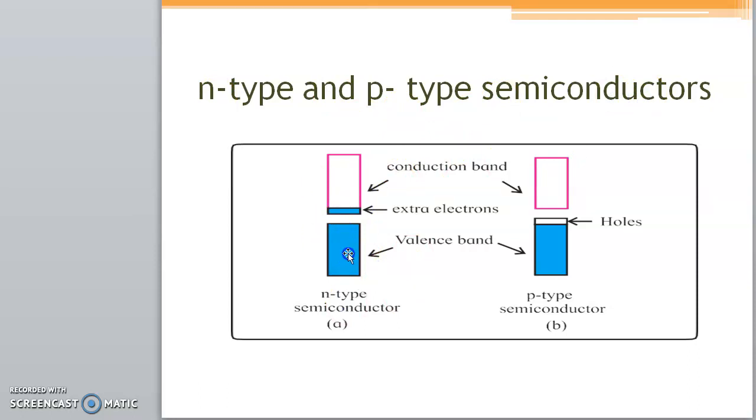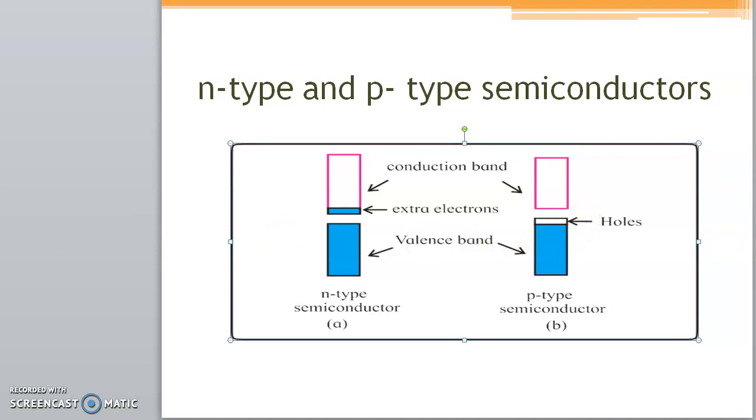Now this is your valence band and this is the conduction band for n-type. Since it's n-type, there's one extra electron because of that group 15 element. That's why in the conduction band you'll find that extra electron. Whereas over here in p-type semiconductor, the valence band has got one electron less. So there is a hole that is created over here. That's why it becomes a p-type, so plus. Okay, positive type semiconductor. You can see here the hole where my cursor is.